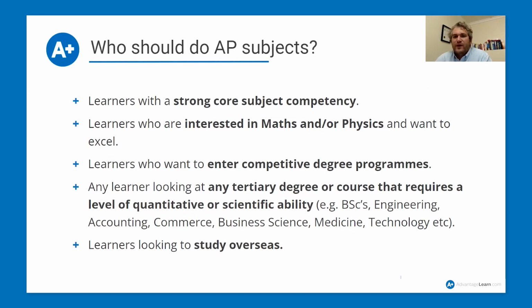So if you're doing maths at a grade 9 level now, because AP maths starts at grade 10, you should be achieving over 70% in your maths at this point to be considering advanced program mathematics. If you're doing physical science in grade 10 this year, advanced program physics starts in grade 11. It's a 2-year program, not a 3-year program. You should be achieving over 70% in physical science in grade 10 to be considering advanced program physics in grade 11.